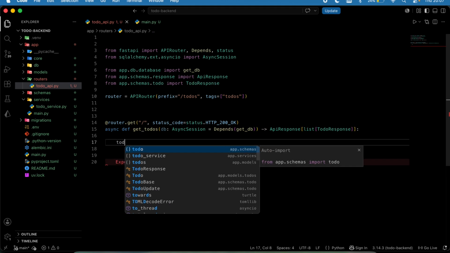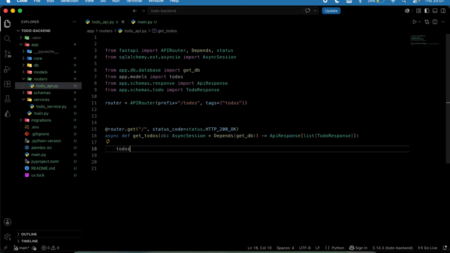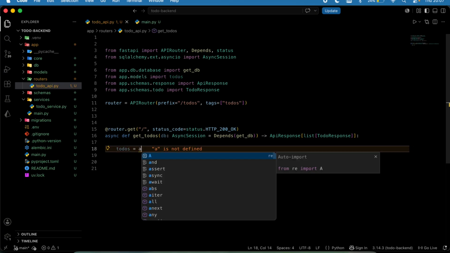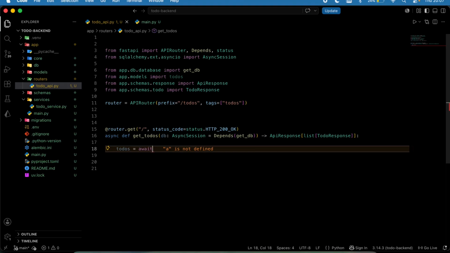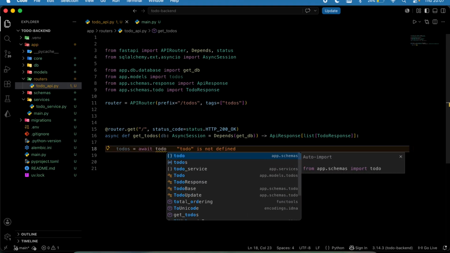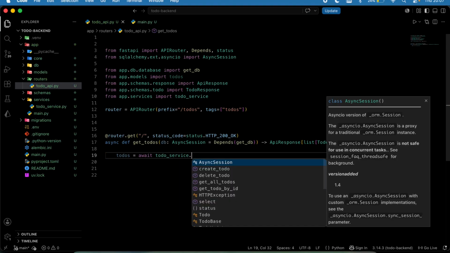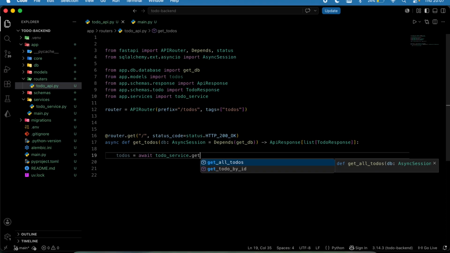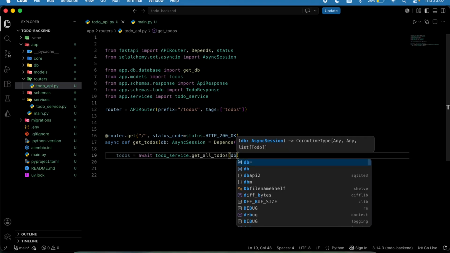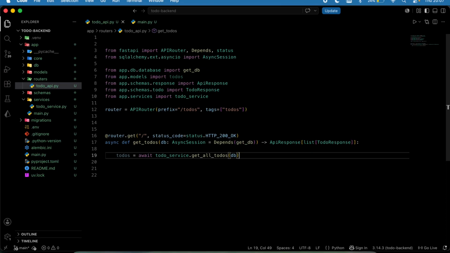And I'm going to say todos equal to await our todo_service.get_all_todos, and I'm going to pass my database down like so,